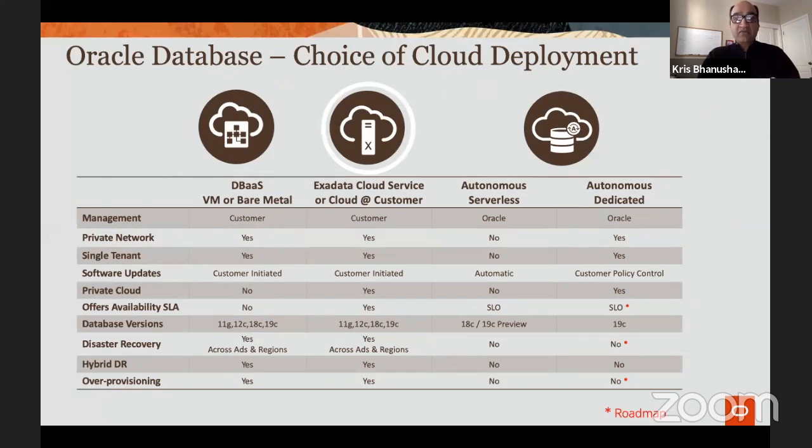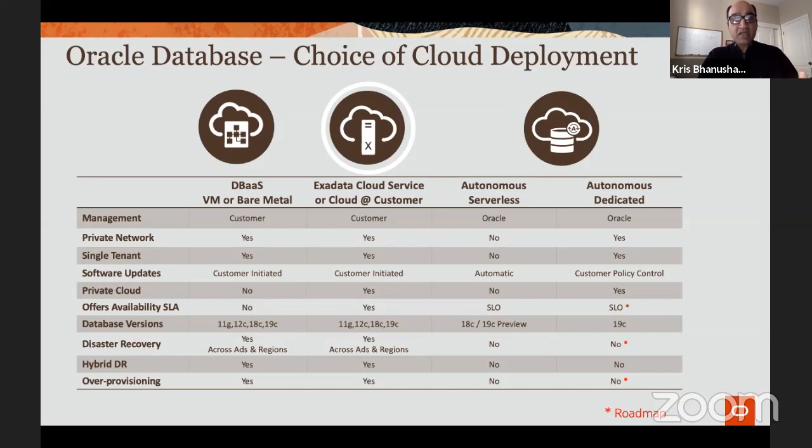Now, the reason for that is, of course, the autonomous database, the vision Oracle has for how data management will happen in the next decade or two, and the breadth of services and the choices that we offer in the Oracle Cloud.